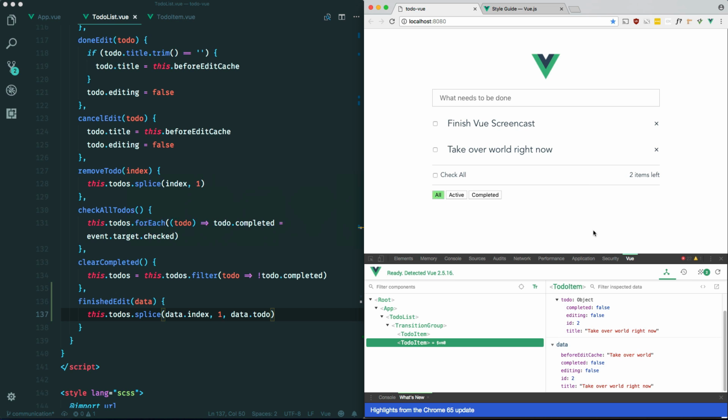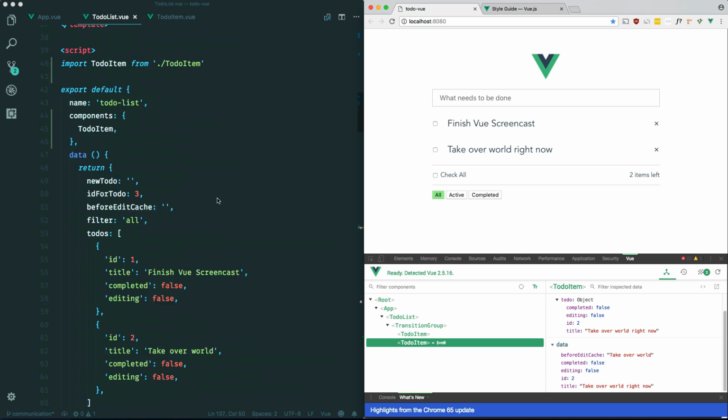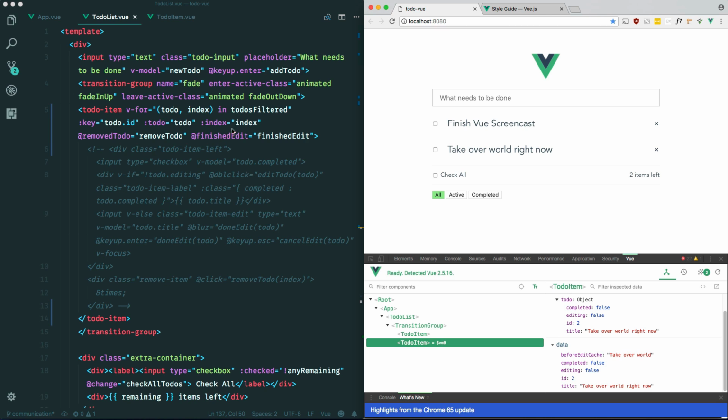Now let's take a look at this check all component that we did last time. So this is not checking these two like it should, and it's not checking it when everything else is checked. So let's go ahead and work on that. So let's pass in another prop, similar to what we did here. We have a to-do index. Let's also pass in a prop called check all,